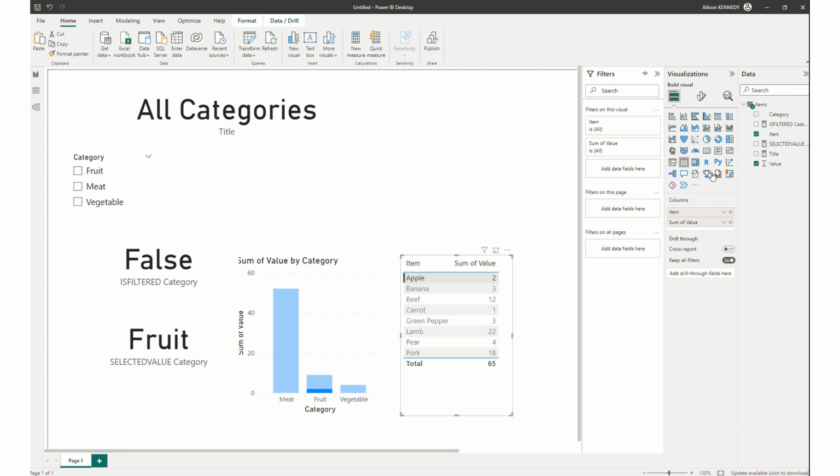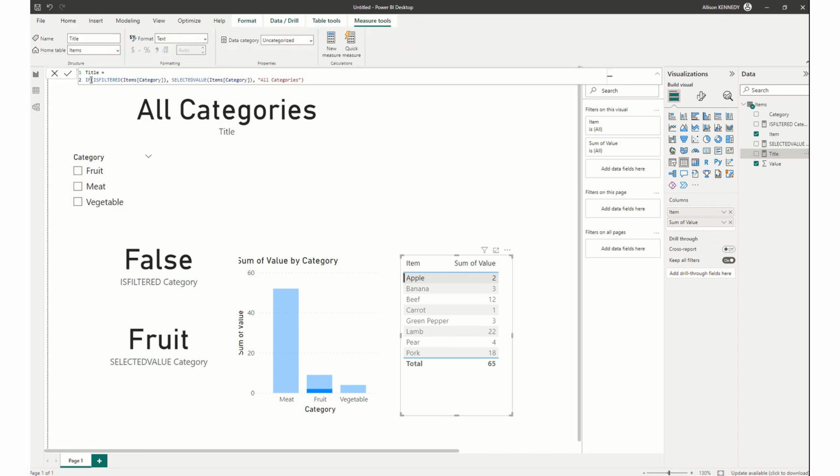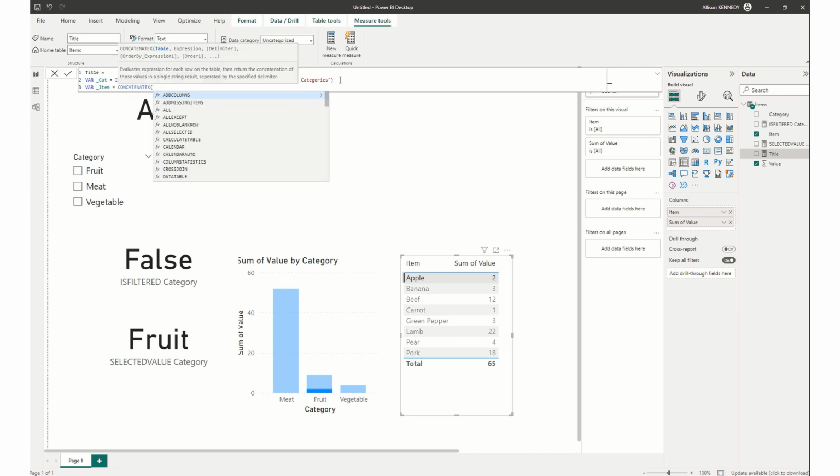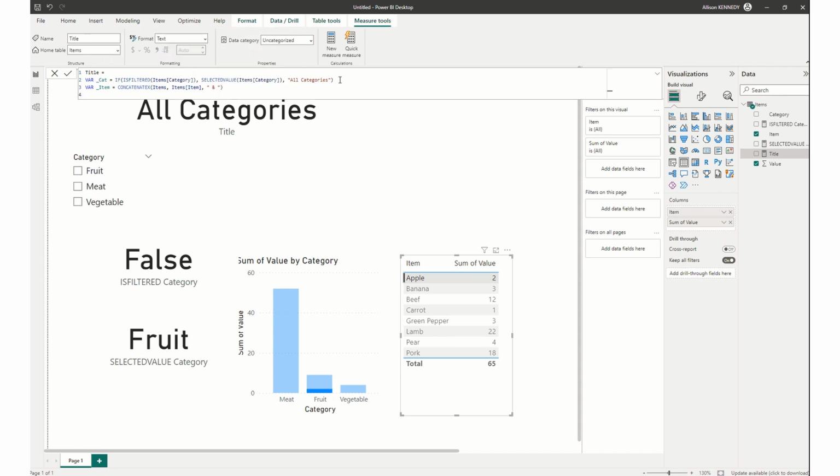items in the list. So what I want to do now is edit my title fields, and so I want to have the user know what item they're looking at and compared to which category. So we'll use a variable, and so this is going to be the category. And then we'll create a variable for the item. And I'm going to use one of my favorite functions, concatenate x. And we are going to just get a list of the items in here, and we'll separate them with an and symbol. And then I am going to return